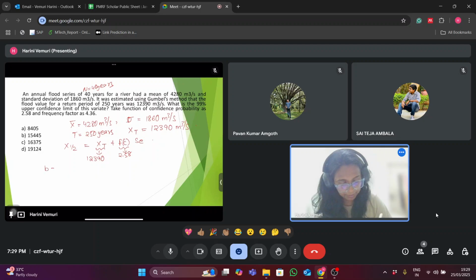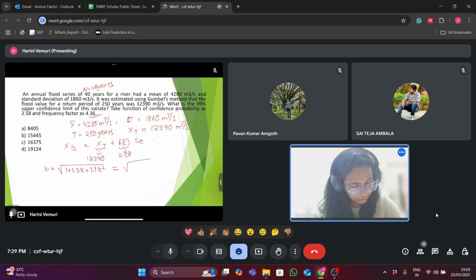First we have to calculate p. P is equal to root of 1 plus 1.3 k plus 1.1 k square. So they have given the frequency factor as 4.36. Okay, root of 1 plus 1.3 into 4.36 plus 1.1 into 4.36 square. So the value will be, p value is 5.21 and sc, the standard error, is equal to p into sigma n minus 1